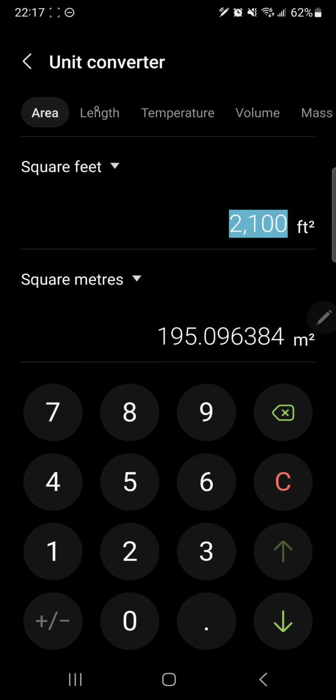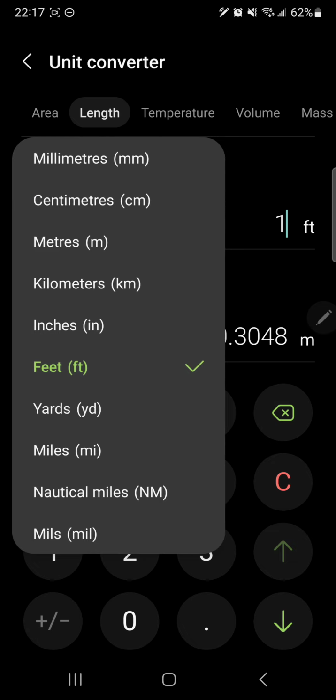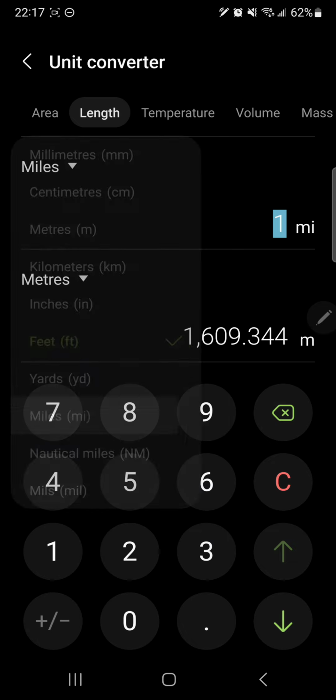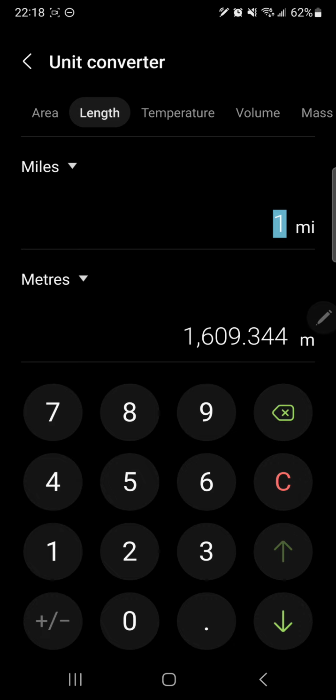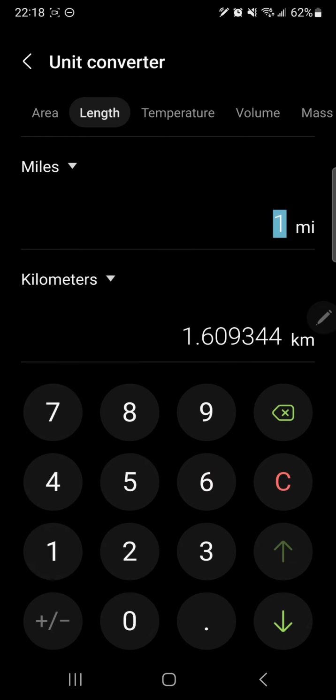You want the length, you can from feet to, you can see 1 foot, you'll see it's 0.30, or you can do kilometer, inches, yard, miles. If you want to know 1 mile to kilometer, so